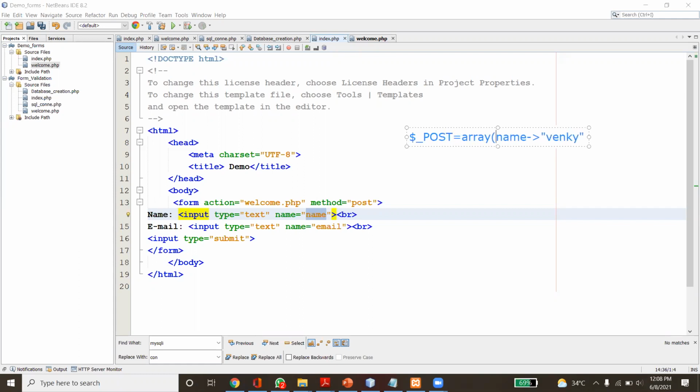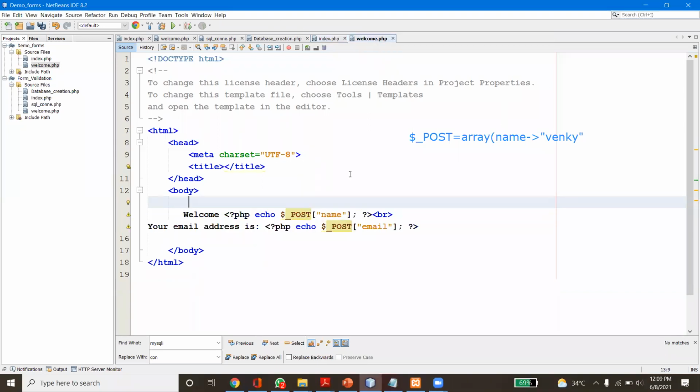Here name is the key, and whatever value we are giving is going to be stored here. So by using this underscore post we are going to use that one. If you see welcome, underscore post is the array.